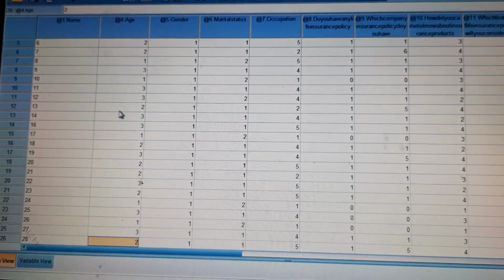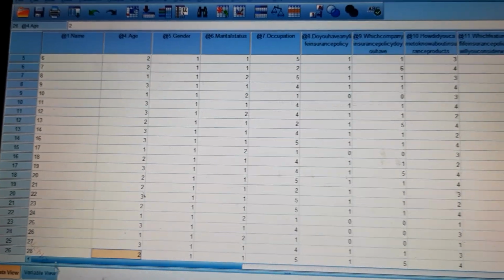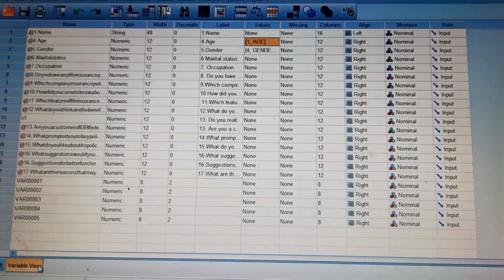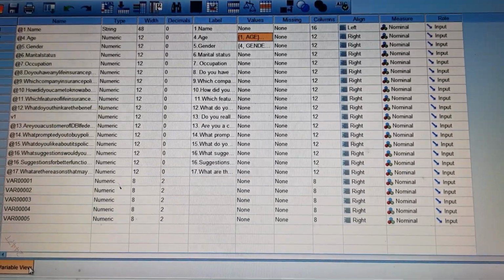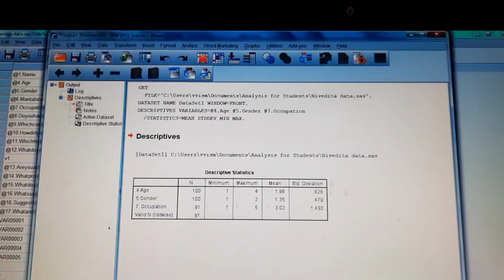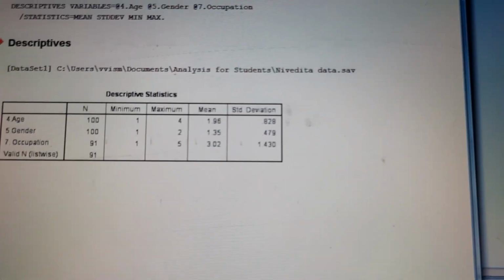Now you may have also done the coding. You are also required to do the coding for your data, and depending upon the data your interpretations need to be done. That is, you may say if 1 is below